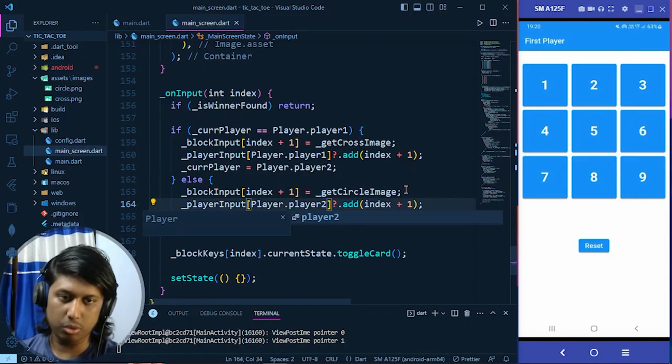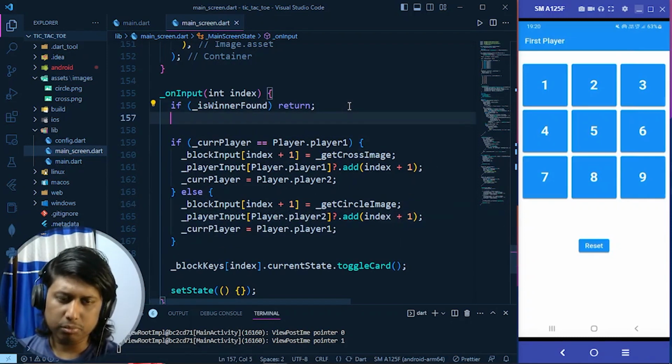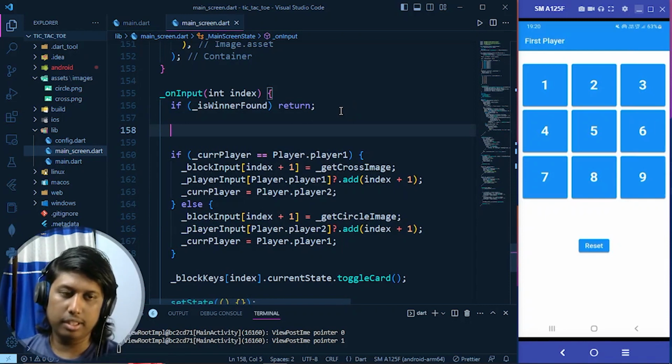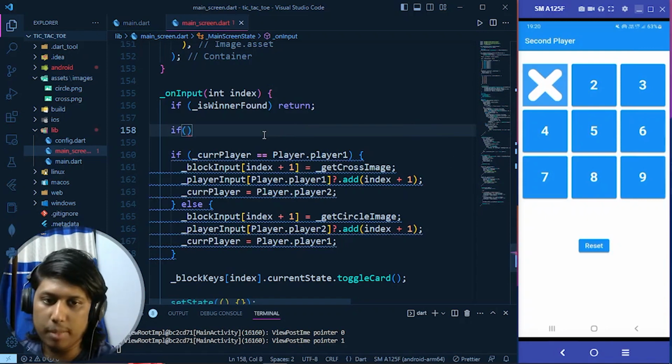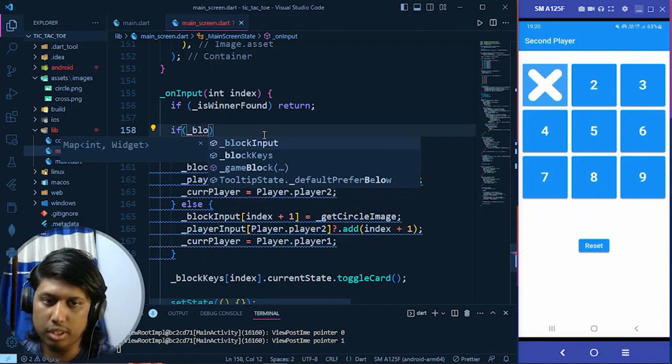So I make it player 2. And one more thing we have to decide: maybe there is a possibility that if one input is already given, the second player also tries to click here, and the input will not be stored there, but the value will be calculated here. So what we have to do is write block input